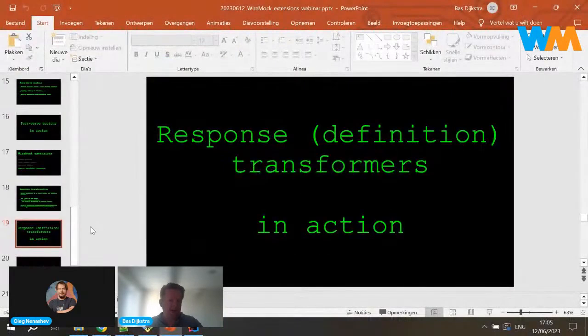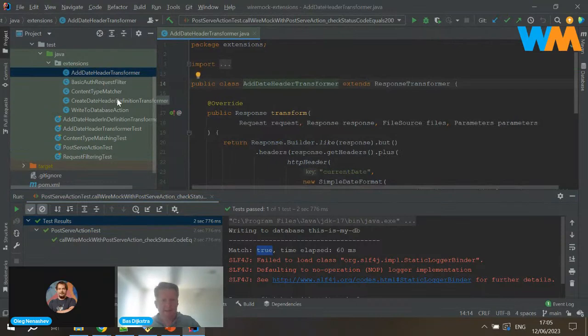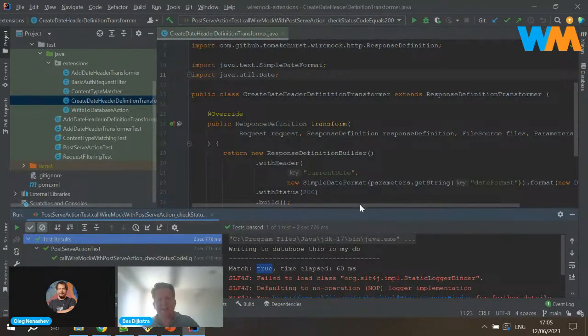Let's have a look at exactly that, at just that example. No, let's do this one first. So the end result is both the difference between a response transformer and a response definition transformer